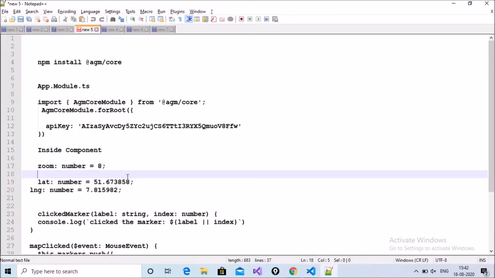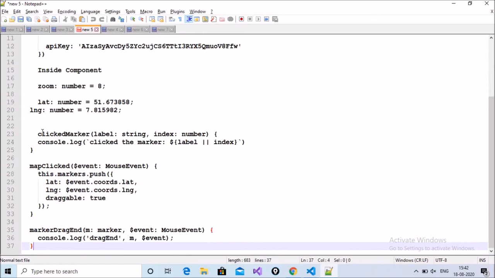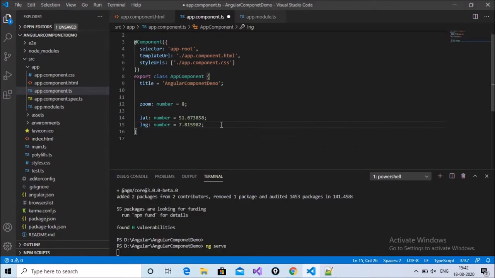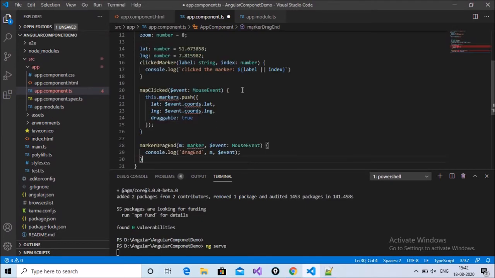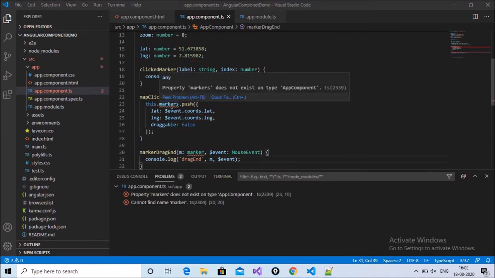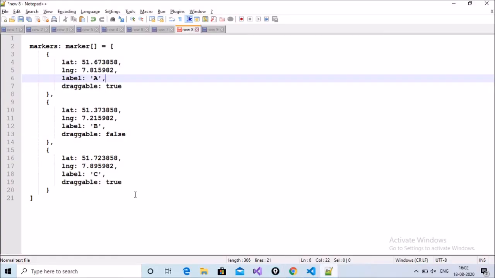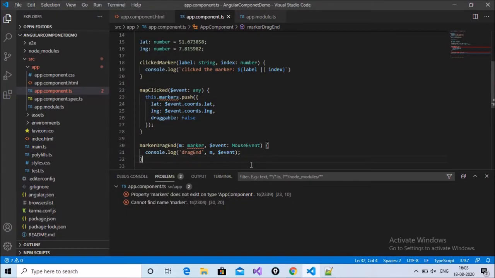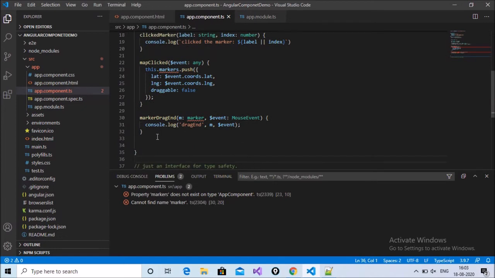After that, paste these functions here. It shows a markers error. Set an array, and inside the array set latitude, longitude, label, and draggable false and true like that. Copy this one and paste it below like that.